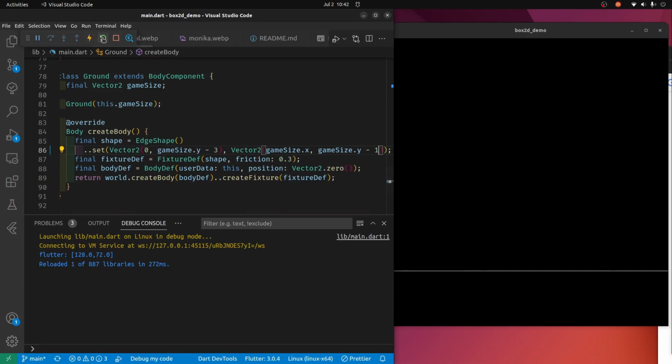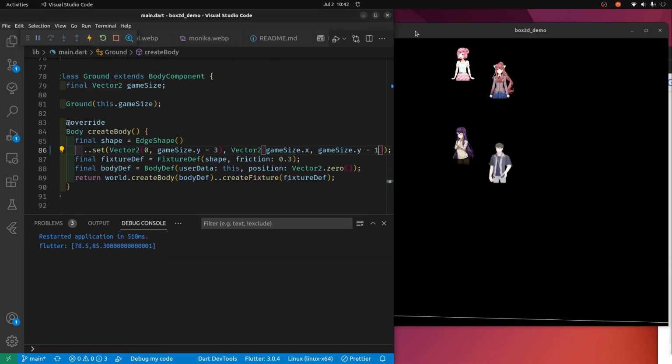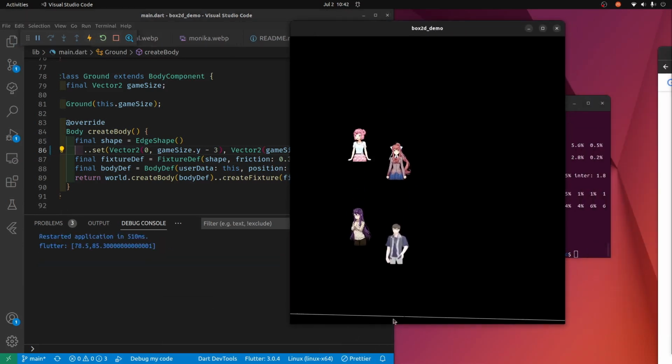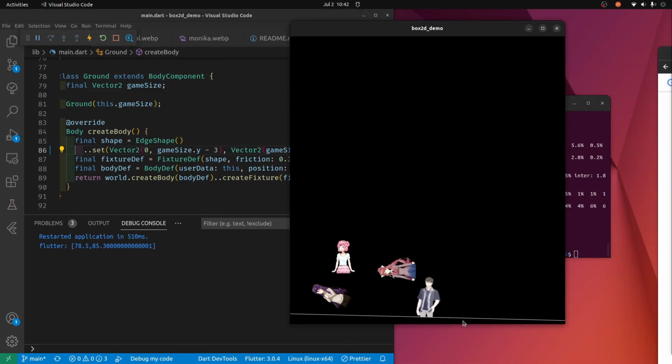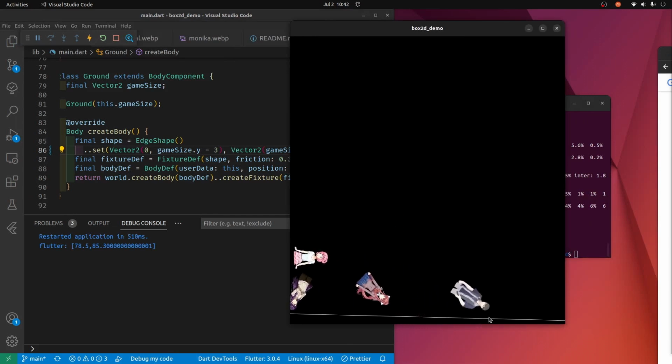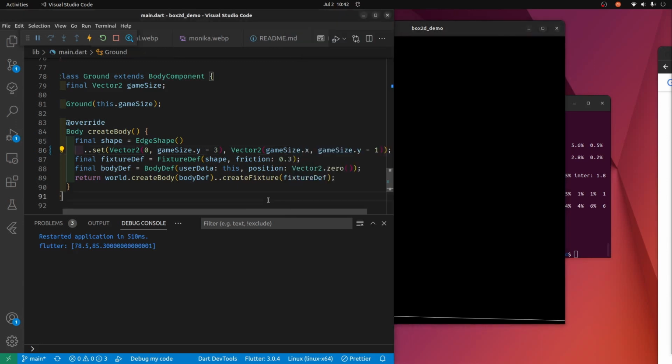So what if we just made it a slightly different angle here? You can see that there's a slope right now to the ground, which is going to impact the gravity in a different way. So there's a little bit of different motion because this thing's at an angle. If you increase the slope of it more,